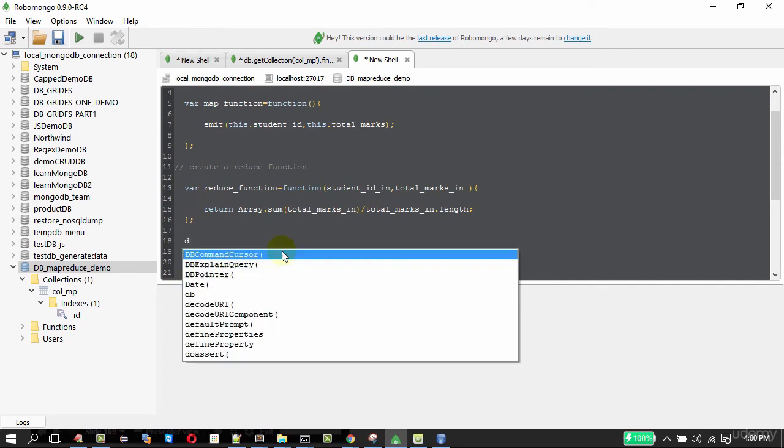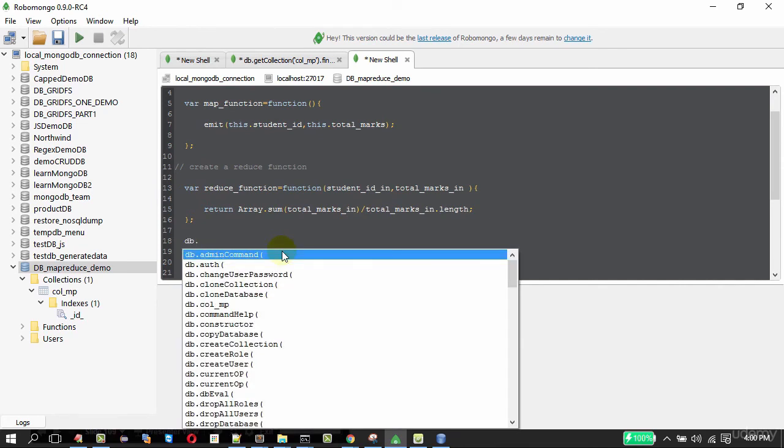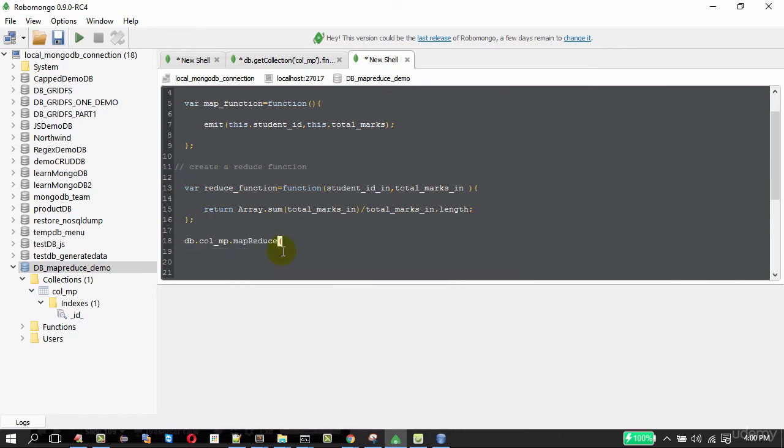The third step is to call the mapReduce method, db dot the collection name dot mapReduce. We know that the first argument is the map function, the second one is the reduce function, the third one is going to be out, the collection name, result underscore map reduce.